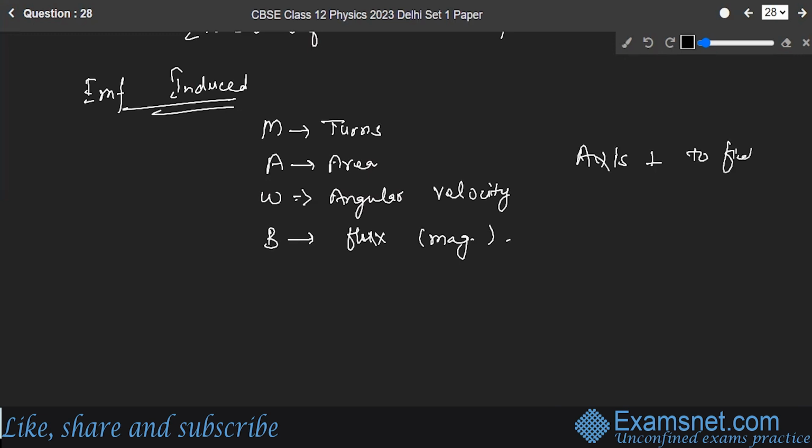Now, when the normal of the coil is at an angle of theta to the field,